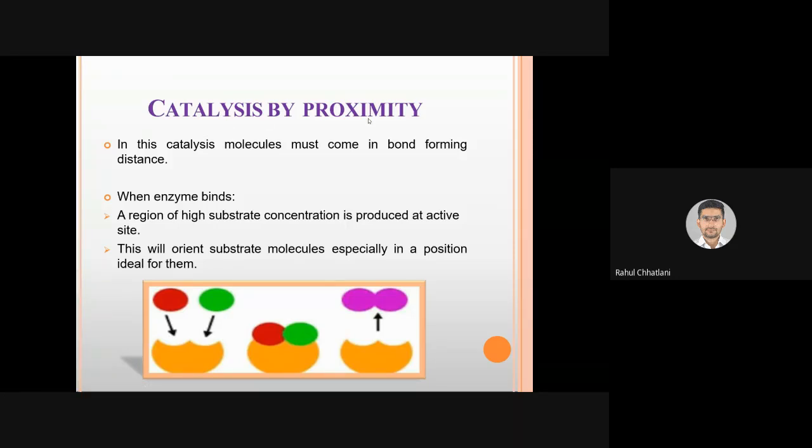So when the enzyme binds, a region of high substrate concentration is produced at the active site. So here look, there are two substrates, so here a high concentration of substrate has formed, two substrates. This will orient substrate molecules spatially in a position ideal for them. So this is an ideal position to form a connection between the two substrates, and this will form a new product. These two need to be joined. This is like two individuals who want to buy something, who want to buy the same thing. So what they will do, they have to go on, say for example,